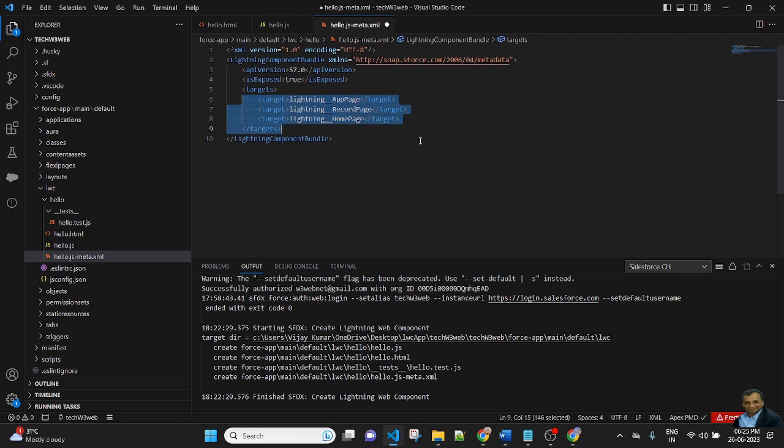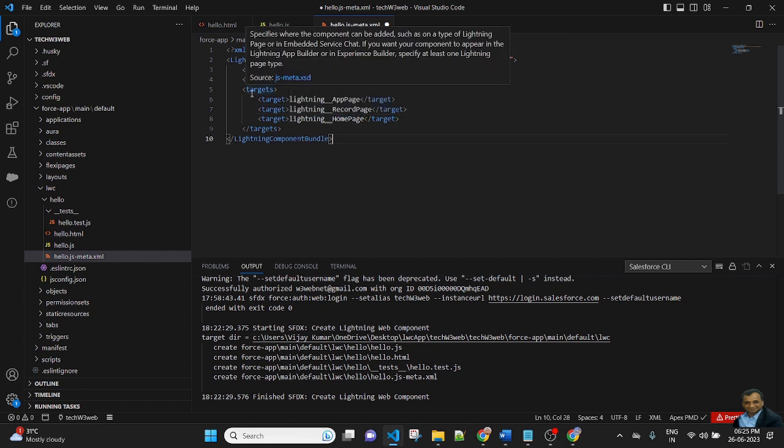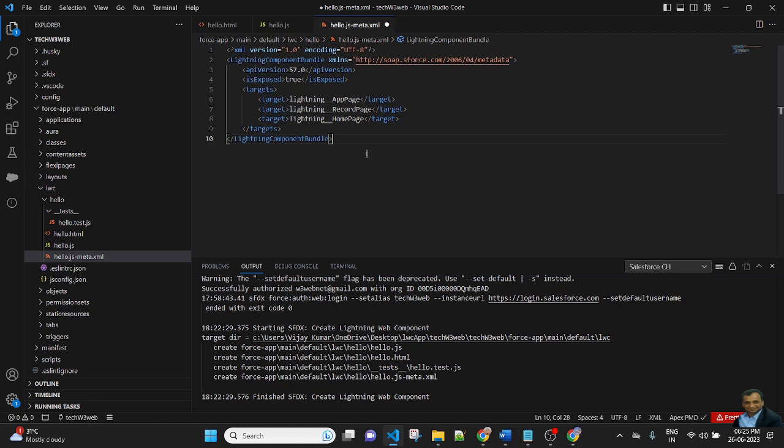These are predefined properties, target, and inside the targets there are multiple properties we need to define: lightning underscore AppPage, lightning underscore RecordPage, lightning underscore HomePage. So I give access to this file to deploy, and where we need to display the component.